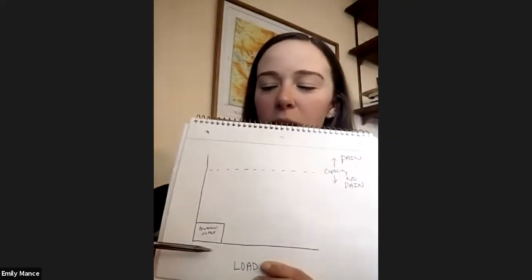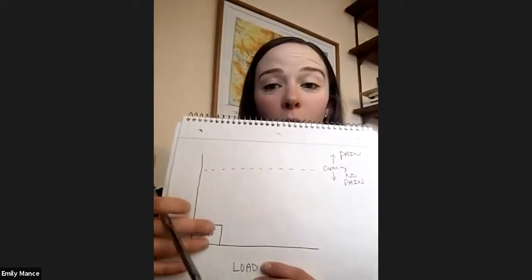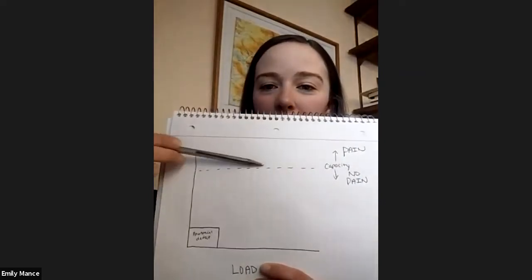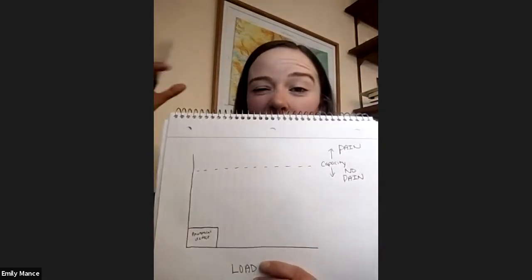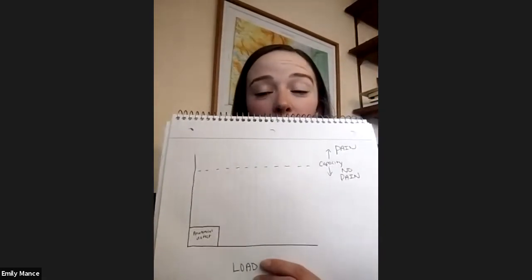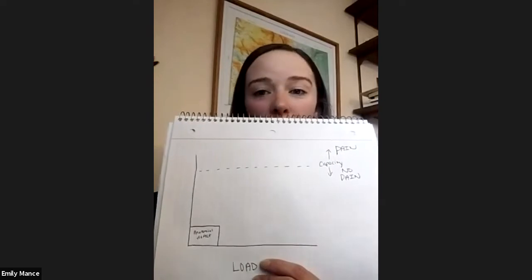As you can see, down here represents our loads, and then we have our capacity line up here. Remember, when we go above that capacity line, that's where we have a problem, and if we stay below it, we don't have a problem. Remember too, you can take that capacity line higher and higher as your training goes on and you get more fluent with things. Keep that in mind as well.